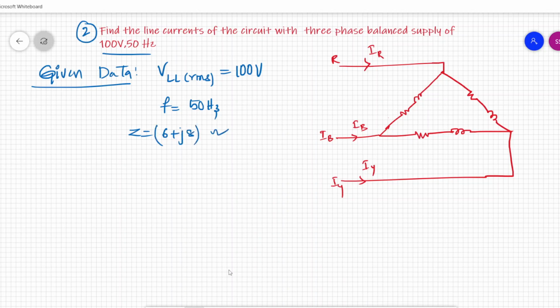Yes, this is 6 ohms, j8 ohms, 6 ohms, j8 ohms, 6 ohms, j8 ohms. Okay,